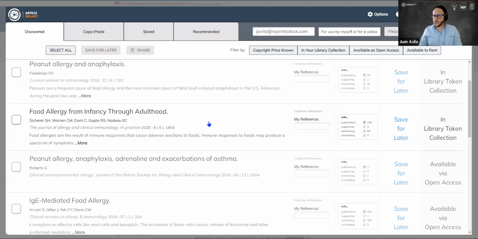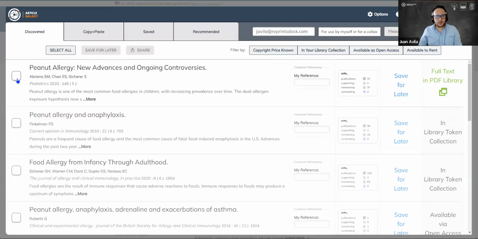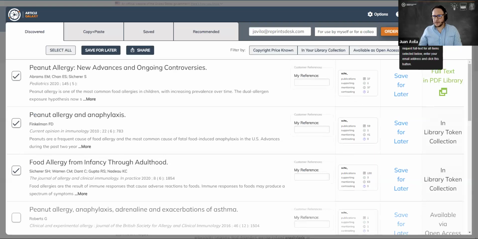You do your search, select items. Let's say that I want the top 3, right? And then just click order full text for 3 items below, and bam, 3 items, move on. PDFs will be delivered immediately, and that's it. I will not do it right now because I don't want to mess with my demo, but it works, trust me. You just have to install it in your browser, and you can take Article Galaxy with you